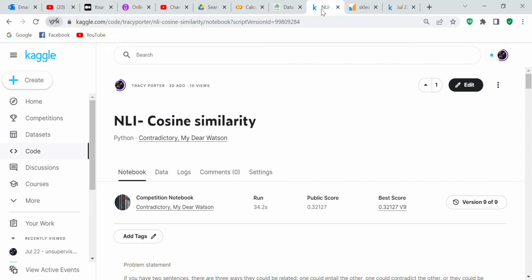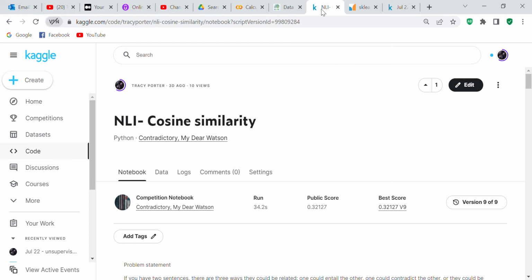It is Crystal here, and I just wanted to do a code review for you. I'm doing an exercise in cosine similarity, and I used the Kaggle competition for it. I didn't do what Kaggle wanted me to do, but I will at some point. I just used cosine similarity on this competition's questions to see how well I could score, and I scored 32%, which isn't too bad considering this competition question, which is contradictory,